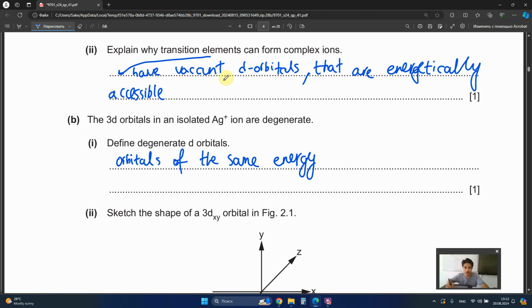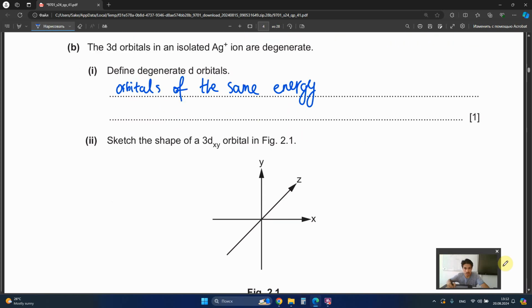So you need to say that there are vacant d orbitals that are energetically accessible to make dative bonds with ligands in coordination complex compounds. All right, next part is related to terminology. So you need to explain what the term degenerate orbitals means. As you remember, these orbitals are of the same energy. So this is just a normal configuration of any transition element in its standard state, for example, in form of